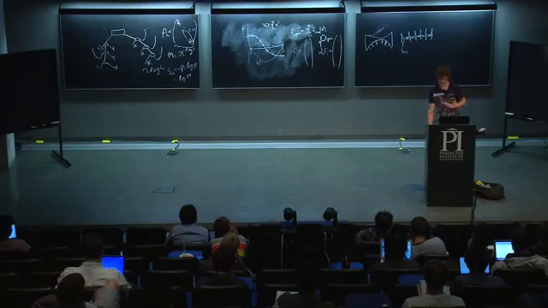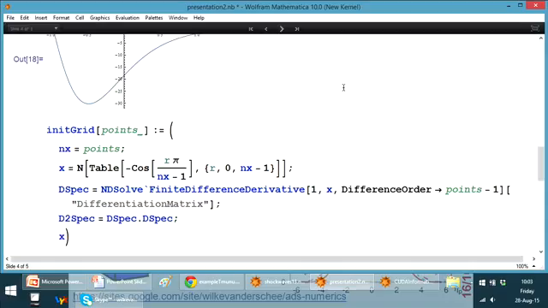But you can try other things, but this is definitely the simplest thing to do, and this is usually very accurate. So how does it look? The essential thing here is that you have to take these grid points, and these grid points are at the cosine of r pi over nx minus 1. So what does this mean? It means basically that I have a number of points, I call it nx here, and I take the cosine from